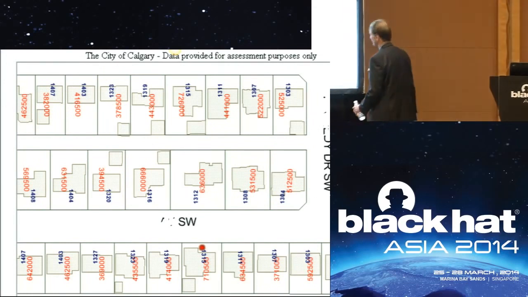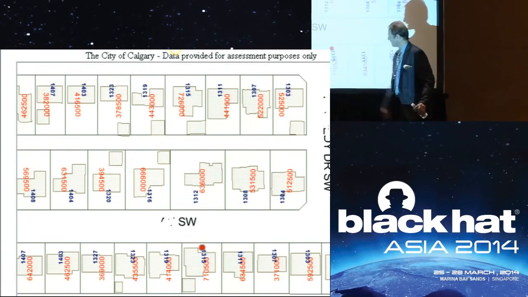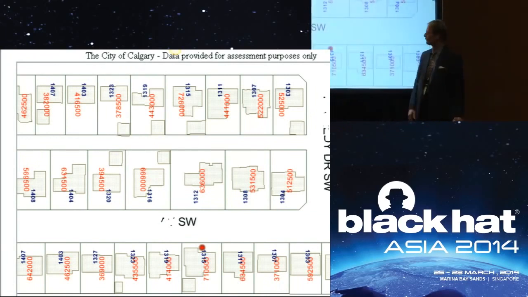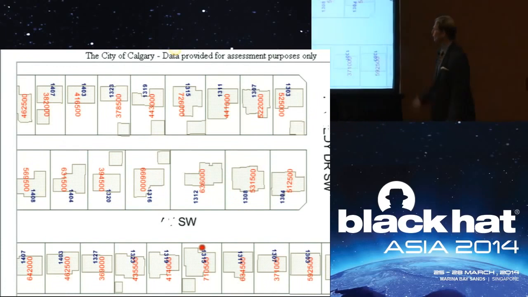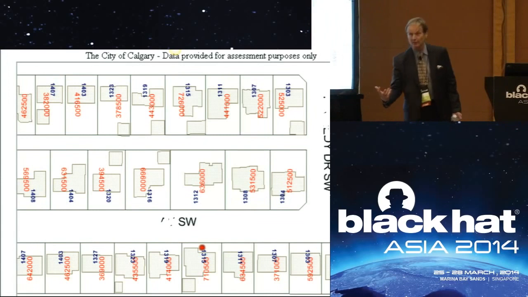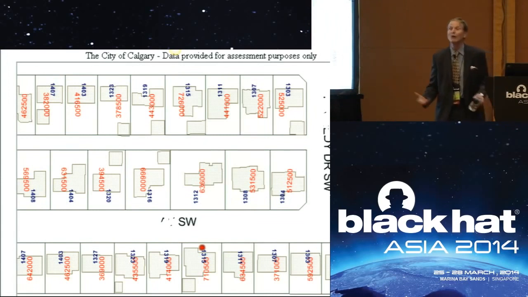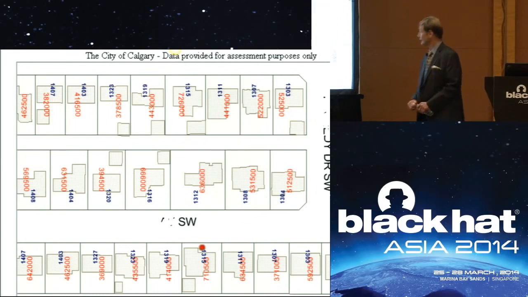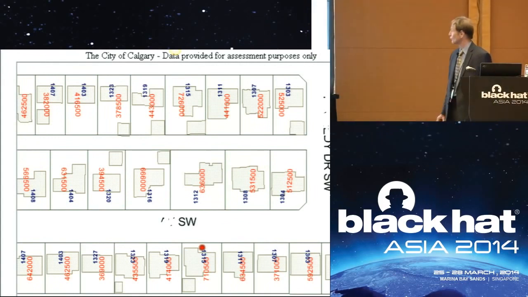Well, now they could send a letter that says, Dear Mr. Clyde Beddoe, or Dear owner of this address, didn't you know that your assessment is $710,500 and the house next to you is only $634,000 and the one on the other side is $414,000? They have a lot more data to put in that letter, and then they say the same thing, give us $500 and we'll go fight for you. And the reality is that often they do win. I saw a guy get $1 million shaved off his house assessment in court once.